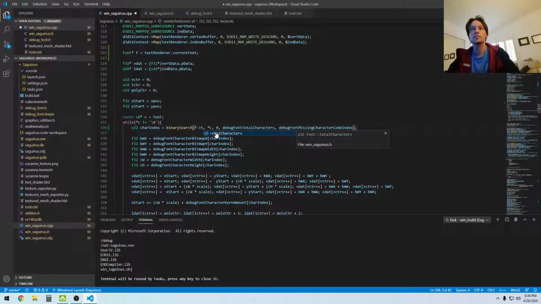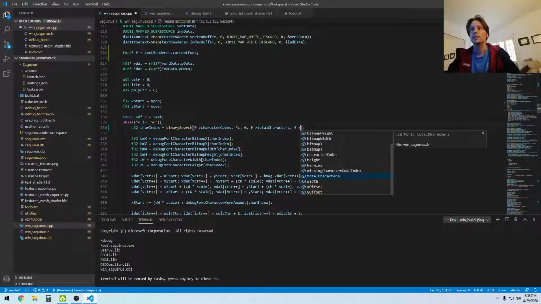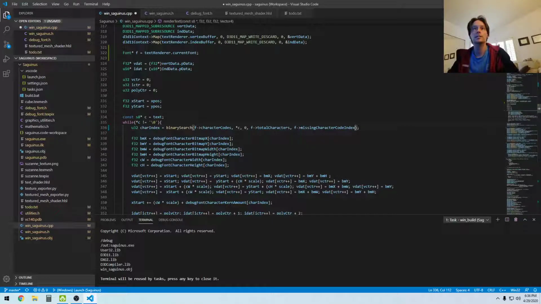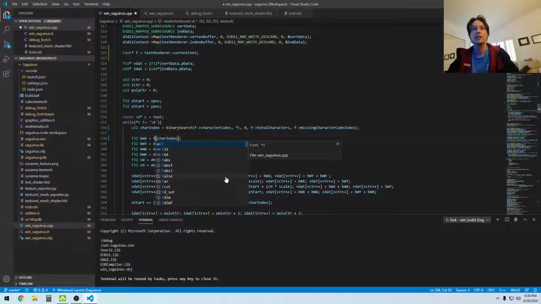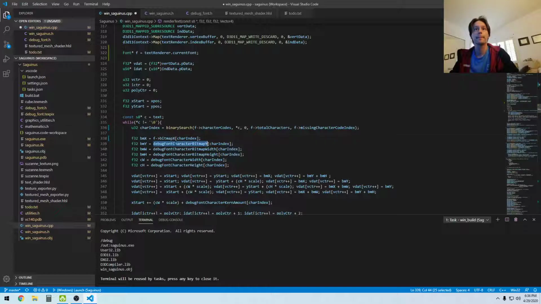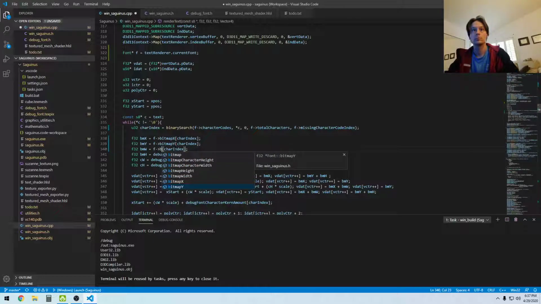So that is character codes, F's total characters, that's the missing character code index, that's going to be F at bitmap X, F pointing to bitmap Y, width. Bitmap height,